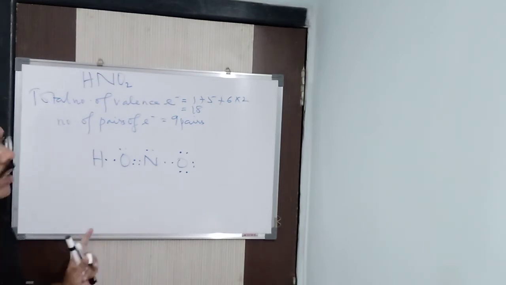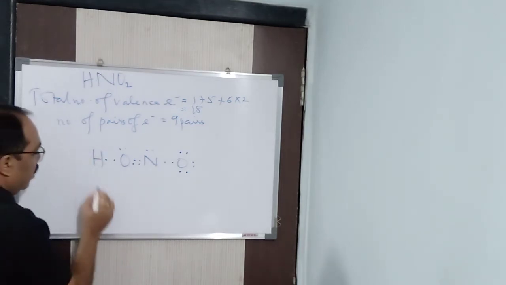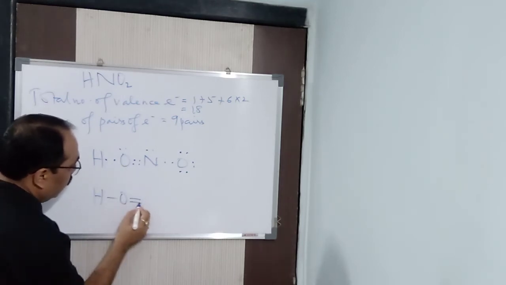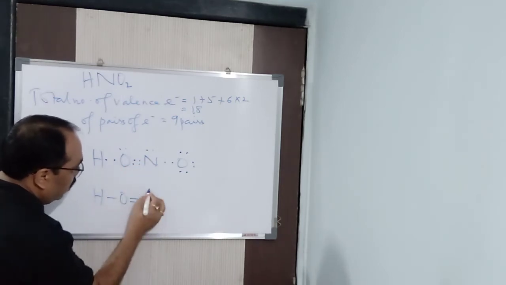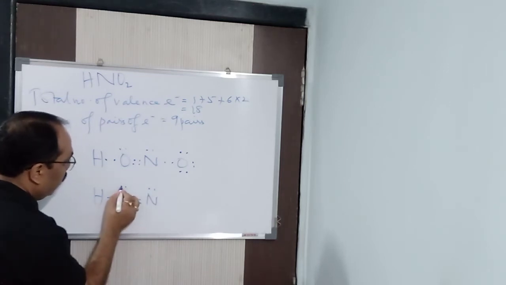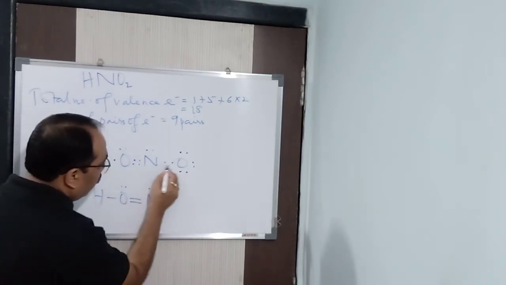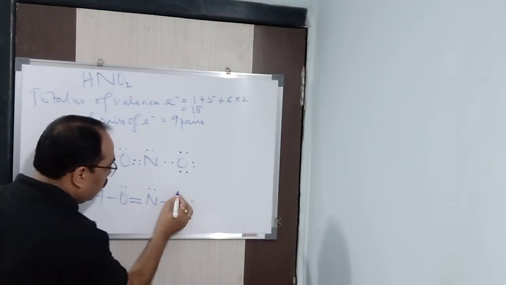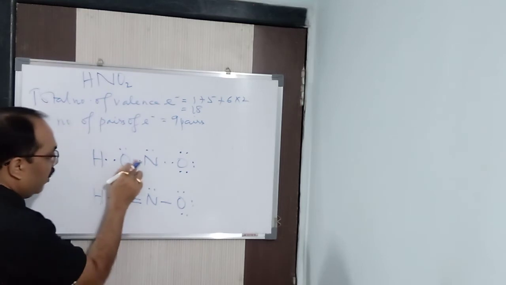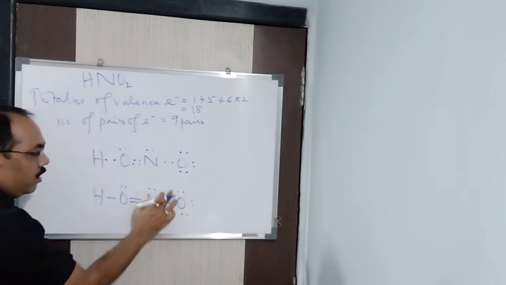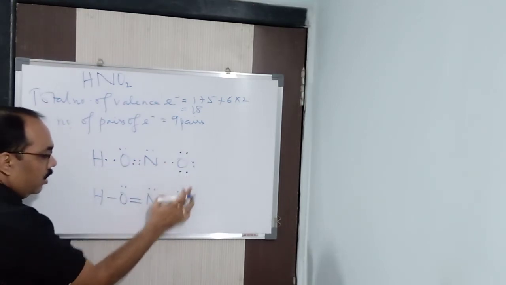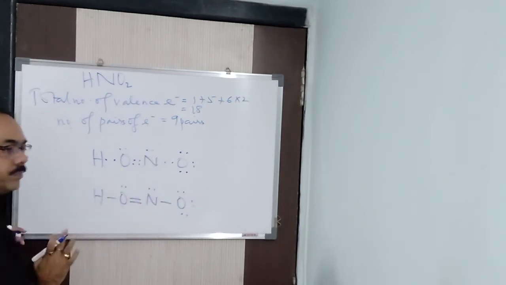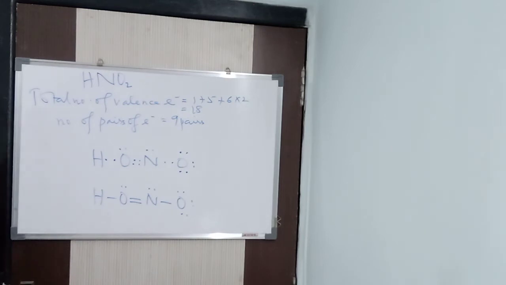So this is your HNO2. Now you have done the structure. Now you draw the bonds also. So single bond, here a double bond because 2 pairs make a double bond, at nitrogen, and here one pair is left, and it is another bond. You know that 1 pair of electrons means 1 bond, 2 pairs means 2 bonds. So here 2 pairs of electrons, so 2 bonds. Clear now? Here 1, 2, 3 unpaired. This is the structure of HNO2.